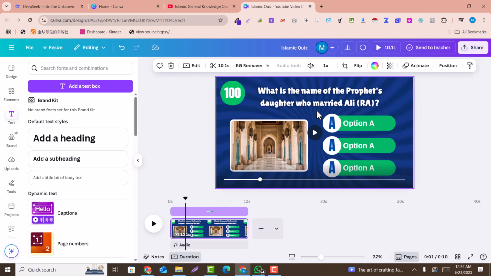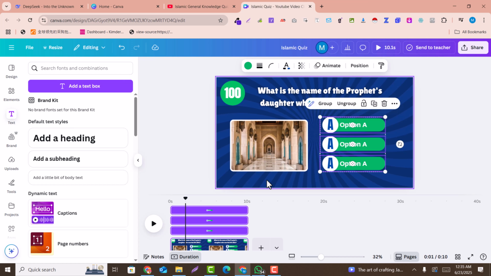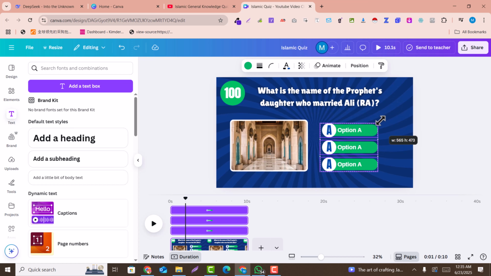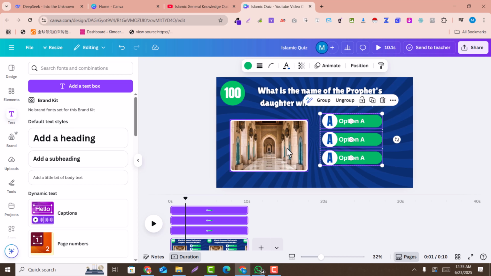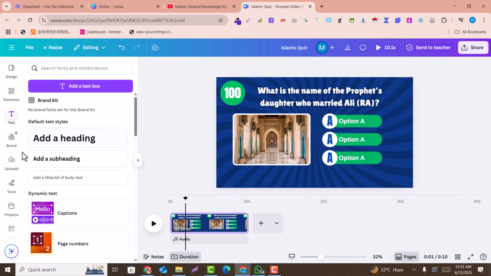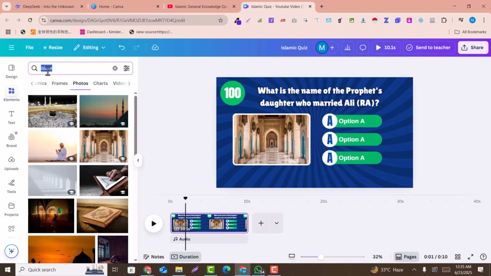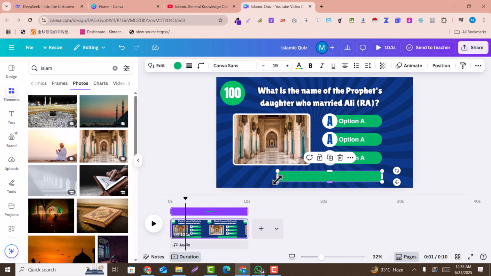the timer information. So here I just simply select these and make them smaller, because we need to have a timer here. So here inside that we have the timer. Now I go back, and here I search for rectangle, and you can see this is the rectangle. So here I just add a rectangle and make it bigger like that.